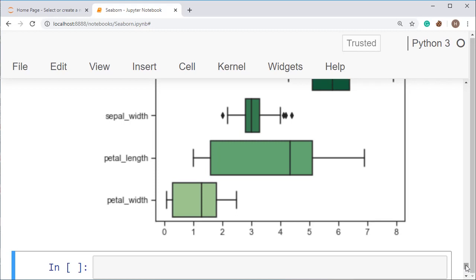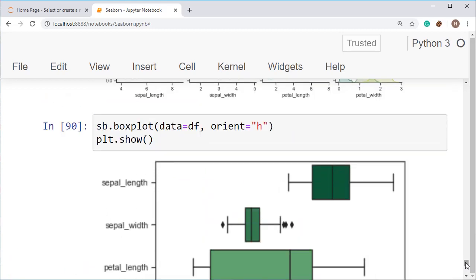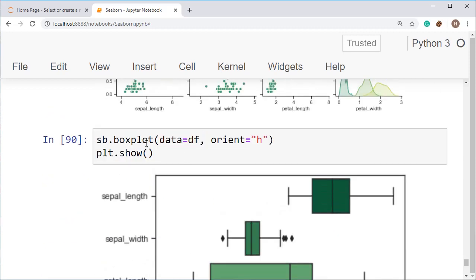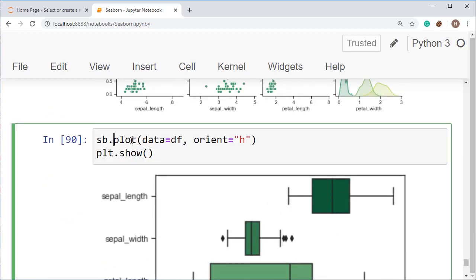Now I am going to show you some factor plots. There is a thing called factor plot, and for that we will need some parameters which I am going to set here. So I am removing the box plot and renaming it to a factor plot. And see the beauty of factor plot.